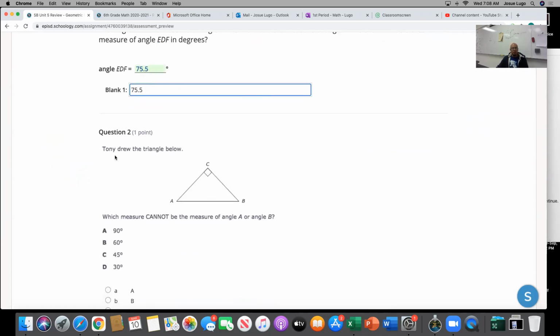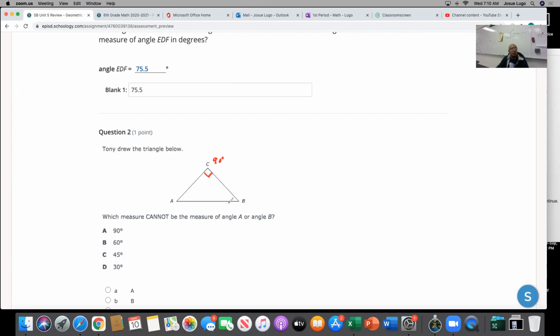Moving on. Tony drew a triangle below. Which measure cannot be the measure of angle A or angle B? Ladies and gentlemen, remember that this little square here means that this is a right angle, and that means that this is 90 degrees. Remember, between these two,